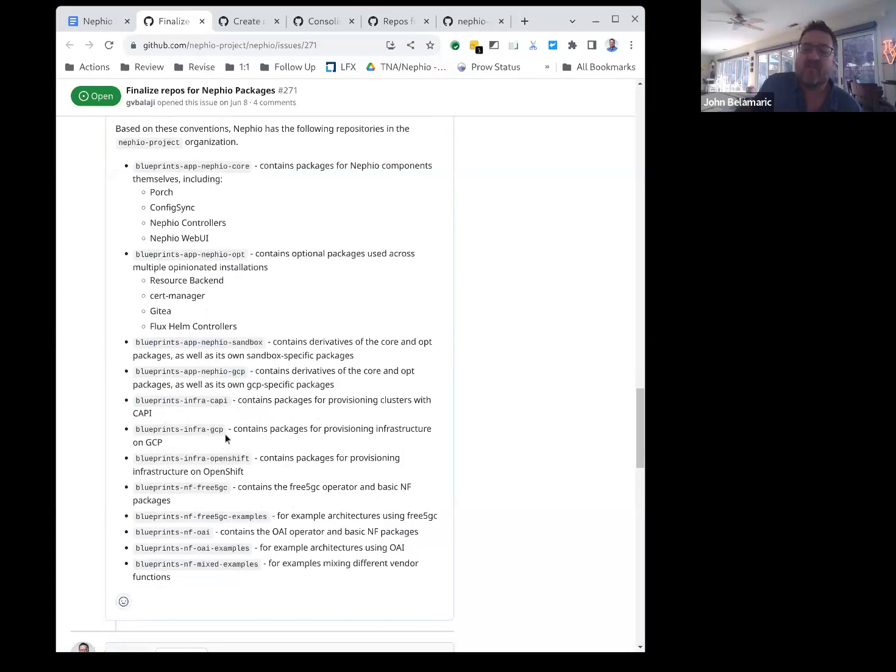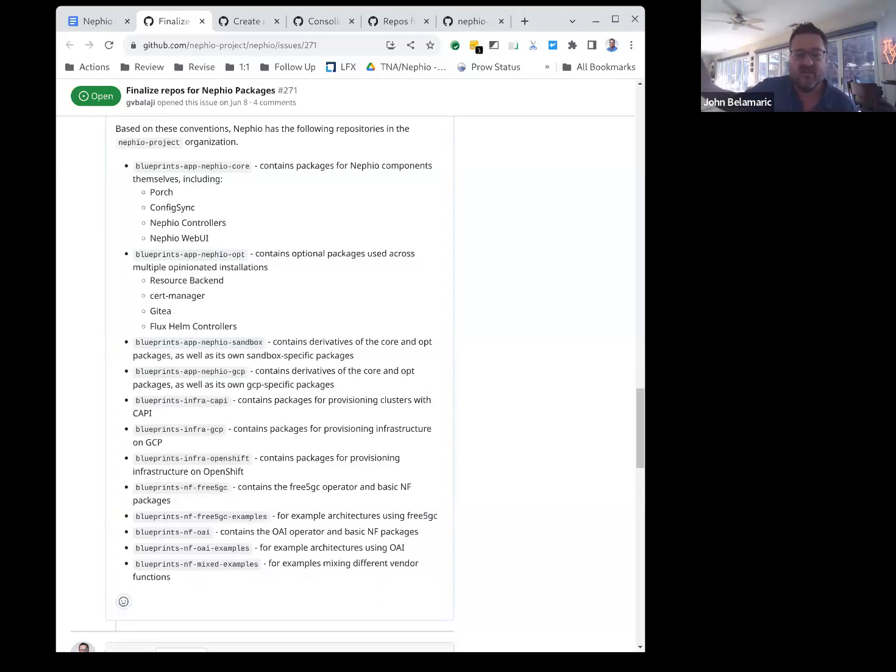But this is the one where I would have basic packages for provisioning things in GCP, a GKE cluster, for example. Blueprints NF free5GC. That's where the operator package, as well as any other core packages, are all targeted as external blueprints. So these are things that many different installations may subscribe to.